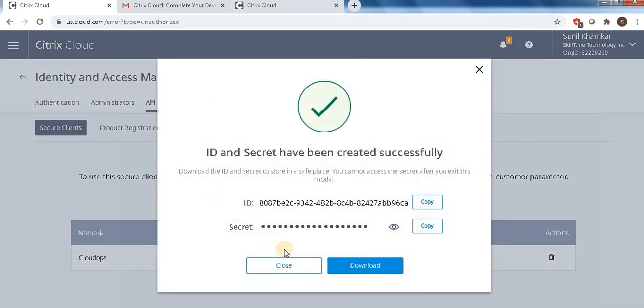Once you click on create client, you can see it is giving the ID and the secret ID. You can download it or copy it from here also. I'm going to download this and open it.